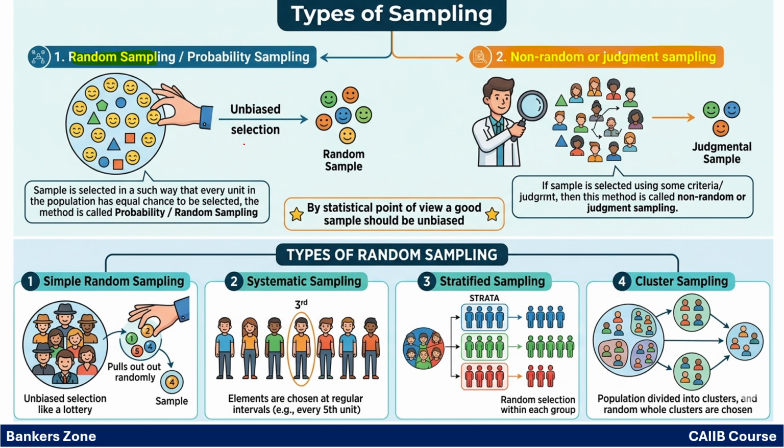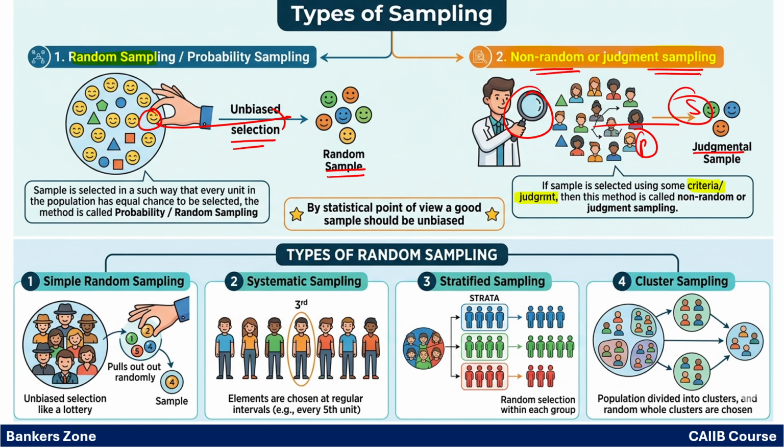So what is random sampling? Randomly you are selecting a sample, right? Now what is judgmental sampling? If you are selecting the sample based on some judgment or some criteria, or you are applying your own logic when selecting the sample out of the population,